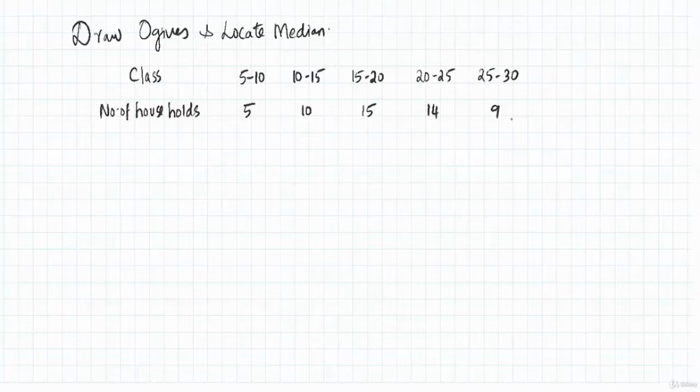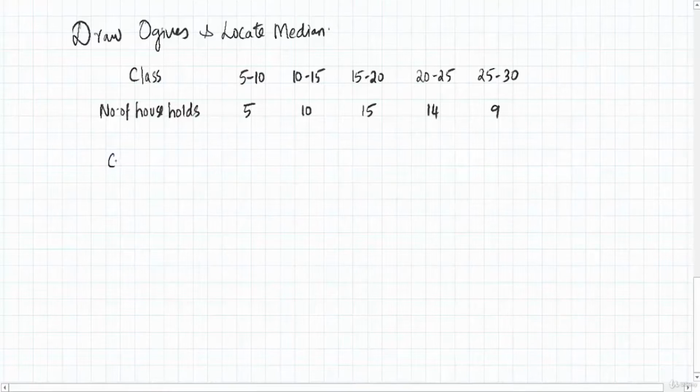See, for that we have to find the cumulative frequency, but here the cumulative frequency is not only in one direction, it is also going to be in the other direction. So to clarify, let me start here. Let me first capture the classes. We have classes 5 to 10, 10 to 15, 15 to 20, then 20 to 25, and finally 25 to 30. So these are all the classes.